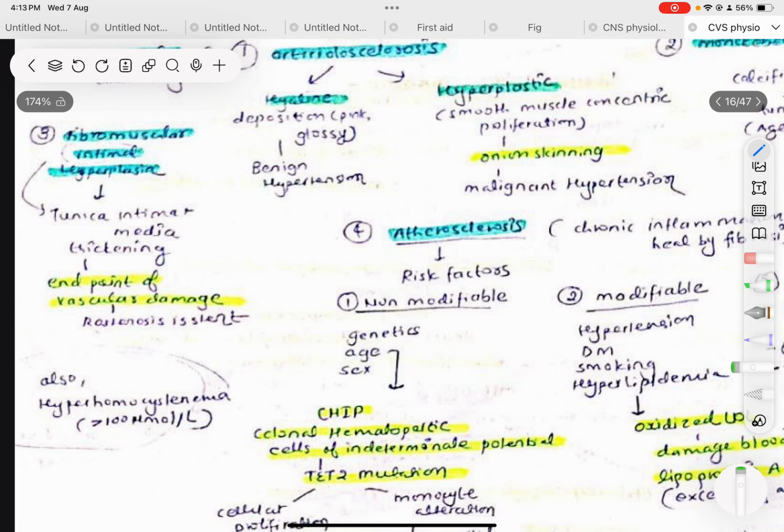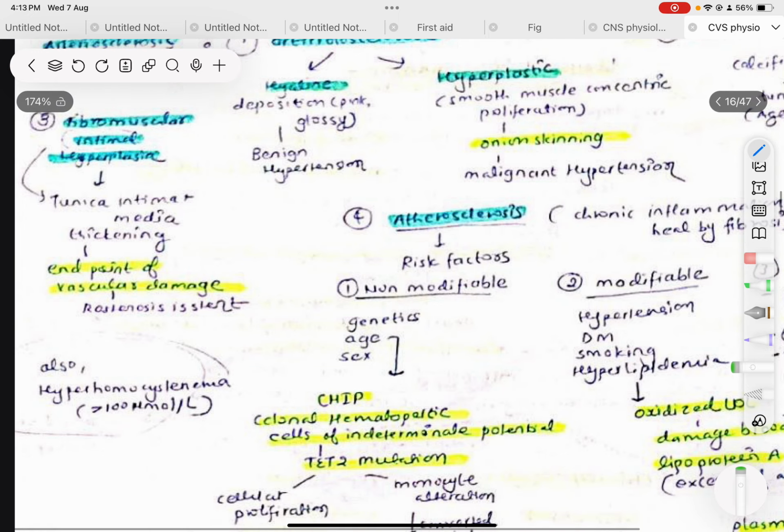In this condition there will be this fibromuscular intimal hyperplasia. From the name you can remember, intimal means tunica intima plus tunica media is getting thickened. So the internal part of the artery, tunica intima plus media, is getting thickened and it is the end point of